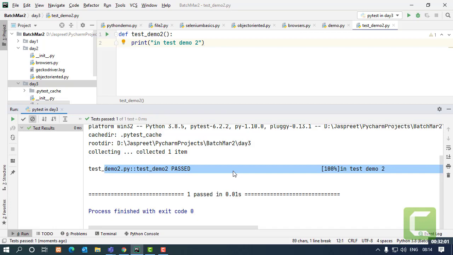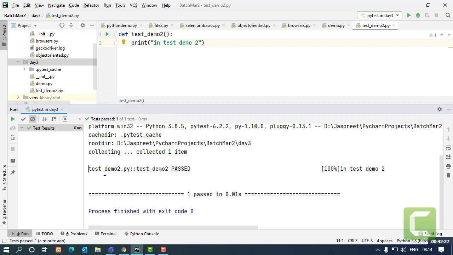There are 2 test cases in my package, but one file name is not as per the convention I told you. It is not starting with test underscore, because of which it has collected only one of the test cases, the one in the test demo2 file. From here it ran the particular test case and gave me the information that it has passed properly, and this is the print statement coming up.